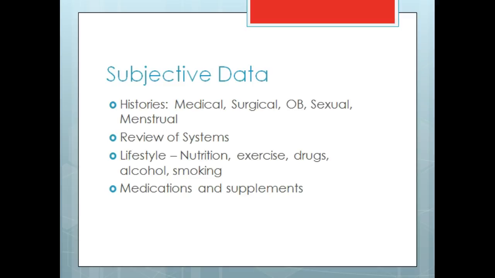And then for lifestyle, asking about nutrition. And then this would be our opportunity to really ask some good questions that could tease out if we have any issues with eating disorders too. And then exercise and lifestyle pattern with exercise. More so here we're thinking if it's excessive, because excessive exercise can cause decreased estrogen and can really influence our menstrual cycle that way. And then drugs, alcohol, smoking can all play a role too. And medications and supplements, we want to get a full history there, particularly contraception, because certainly that can influence our